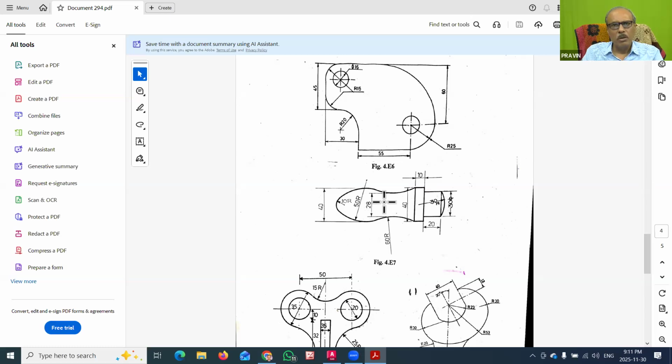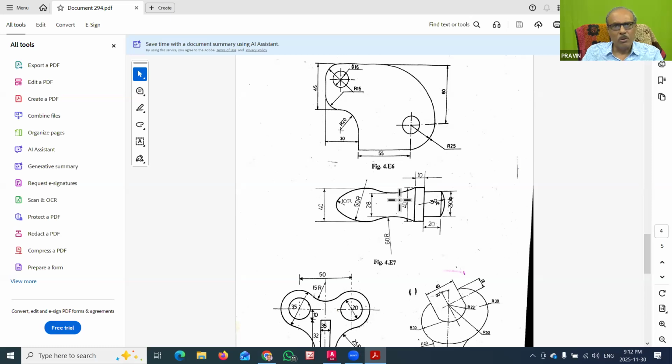So how do we draw this type of drawing? Here we will make use of one important thing. Whenever there is a symmetrical drawing, you have to create only the half part of that. So that you have to remember. So only the half part we now have to draw. Suppose this is the center part of this handle, then the above part will be only, instead of 40, it will be 20 and this is 10. So only that much part we have to draw.